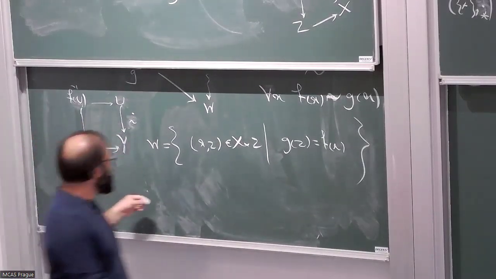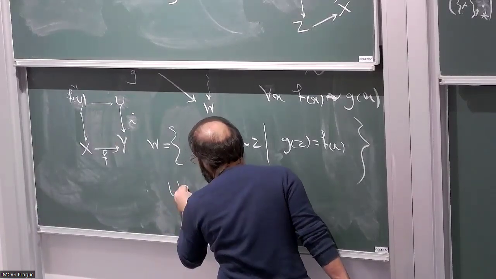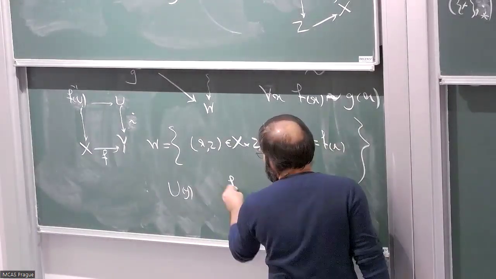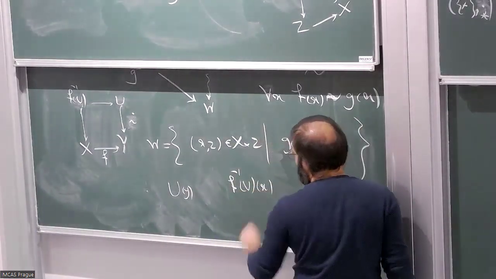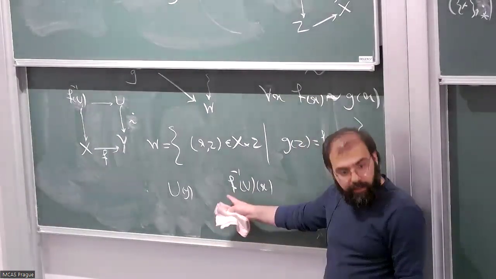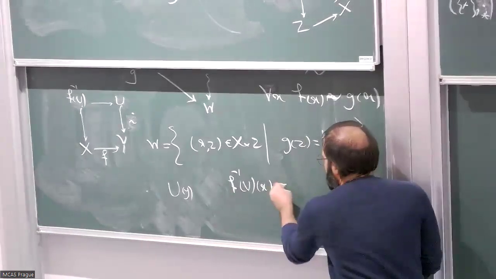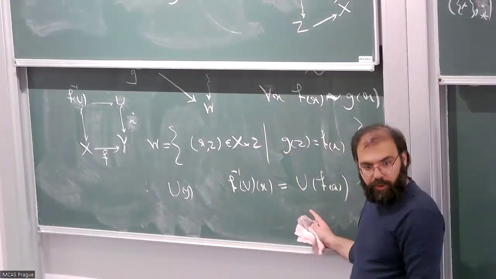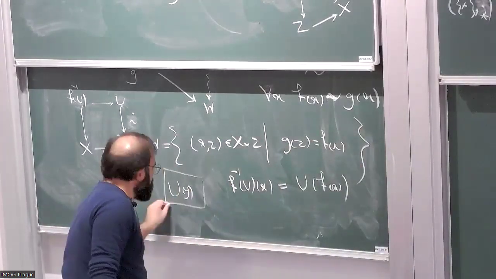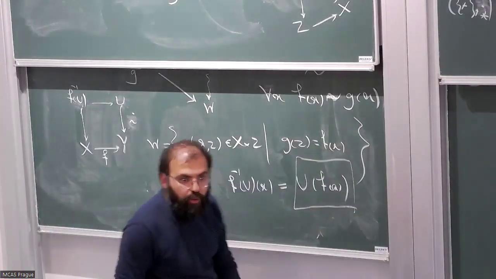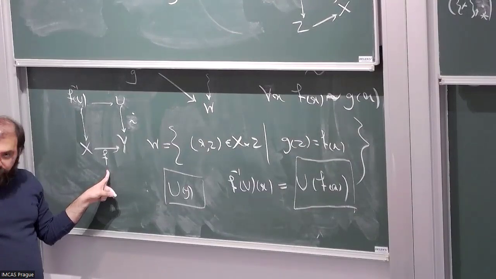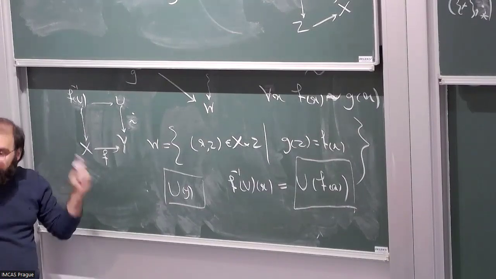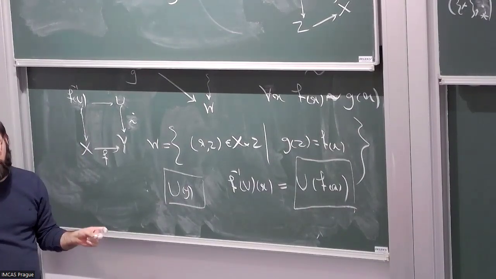So what I'm saying simply is that I have U of y. It's my predicate. It's a subset. And what is f minus 1 of U of x, right? x is in f minus 1 of U exactly when f of x is in U. So the move is that you have this predicate, you have the function f. You're substituting inside your predicate. Pullback is the categorical version of substitution. Okay.